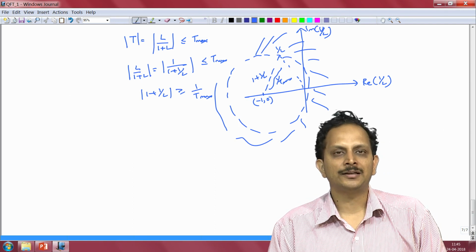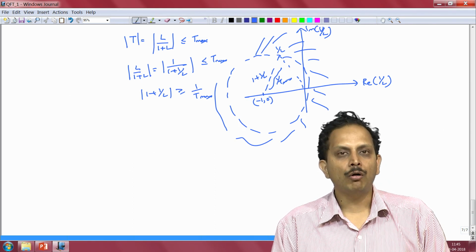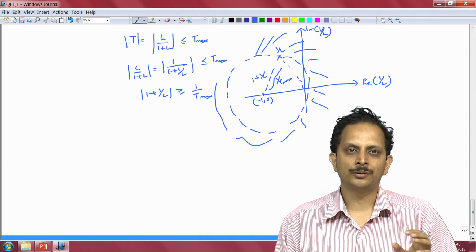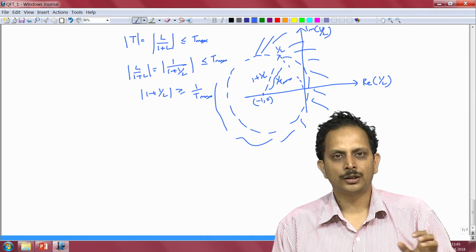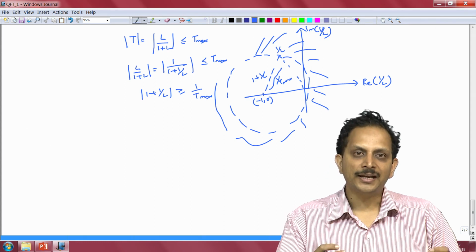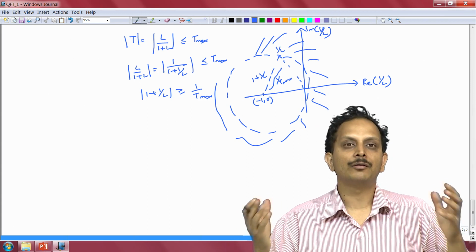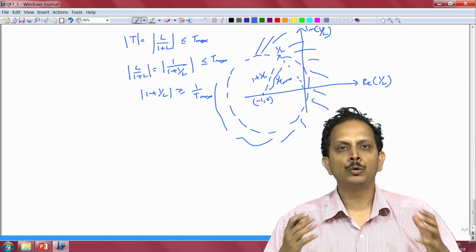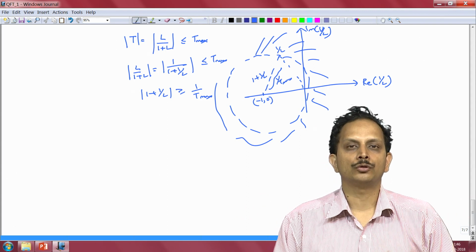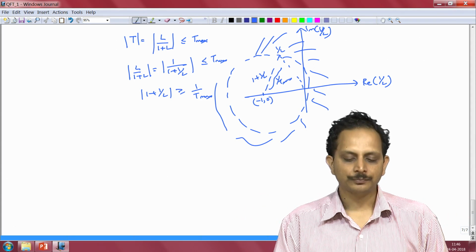Hence we see that the Nyquist plot can allow us to clearly represent the performance specifications in terms of disturbance rejection, or in terms of robust tracking, or in terms of stability by indicating the permissible area within the Nyquist plot where the loop gain can lie in order for it to satisfy each of those particular requirements.